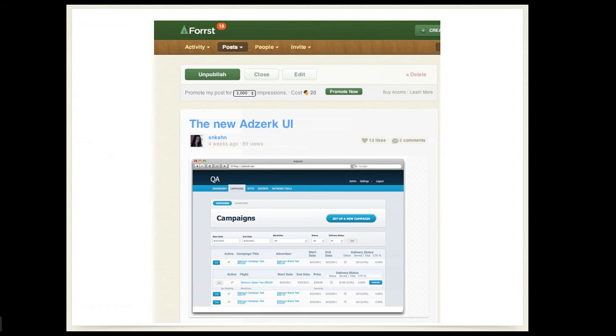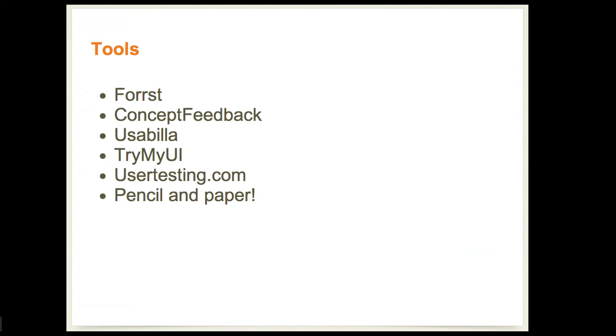So some good places to get feedback on a visual mockup include Forrst and Concept Feedback. And this is an example of when I posted on Forrst to get designer feedback on my new UI that I was working on. And I got a lot of good information from my fellow designers. So here's the big list. Again,